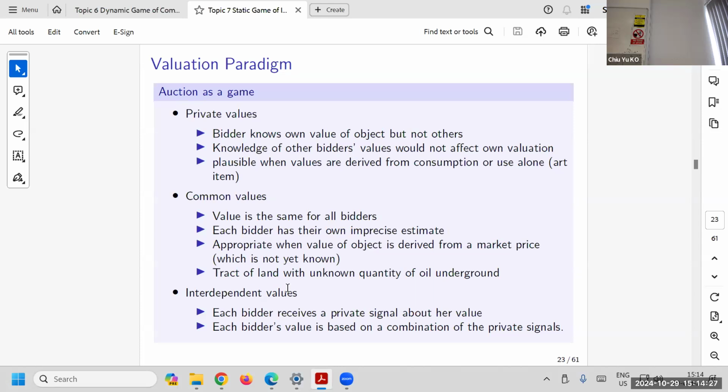So there's some relationship between the values. This one is probably not IID. In private values, me being high doesn't mean that you are high, but interdependent usually means if I'm high, you are usually also high. You can say there's some correlation between the types. You can use the same idea.